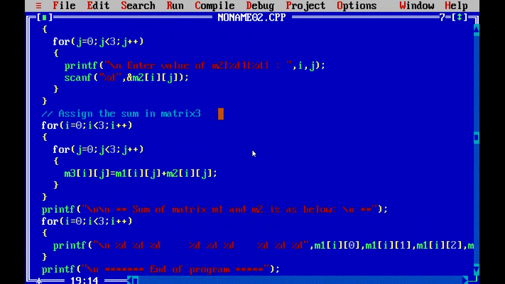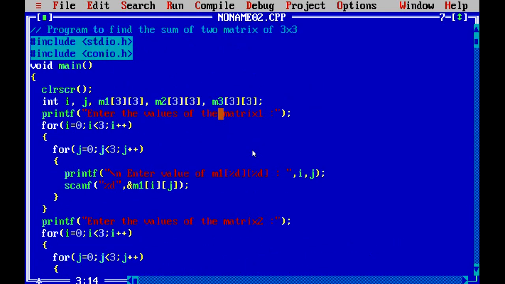So here what I have given, we have created the program to find the sum of two matrices of 3 cross 3.